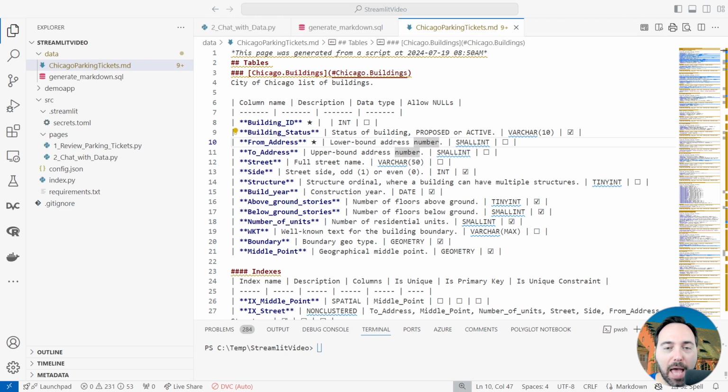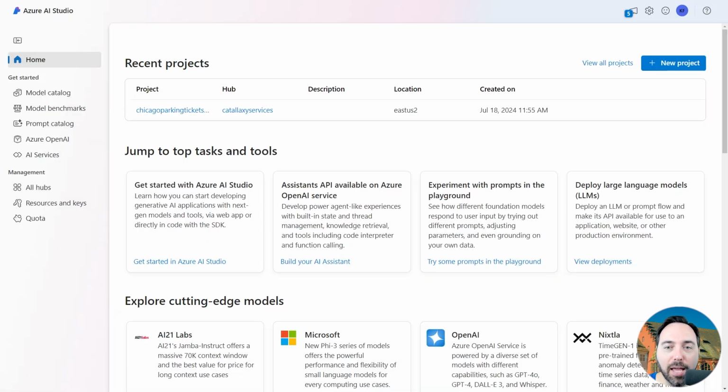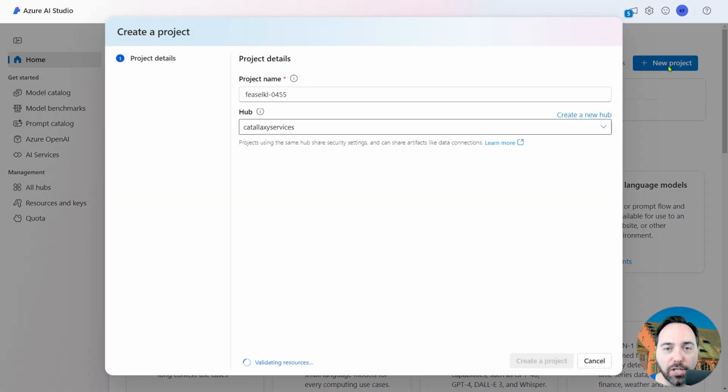Let's go over to ai.azure.com and visit our studio. In here, I'm going to select the New Project button to create a new project. A project is just a way of tying together different Azure AI operations under a similar name. I'll name this project Chicago Parking Tickets Video. The next thing I need to do is select a hub, which is a set of Azure resources acting as